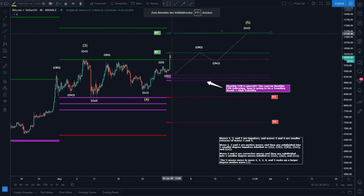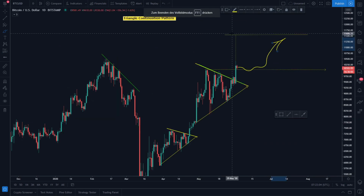In a monthly CPR, the R2 area, which is our fifth motive wave, is also exactly around this 11,150, 11,180 area. And now we can see this target area here is also indicating, if this is a breakout, this line around this 11,560 area is going to be our target area, and this is also where our monthly R2 level is. So now we can get confirmation from this breakout, this symmetrical triangle breakout, indicating hey, price has capability